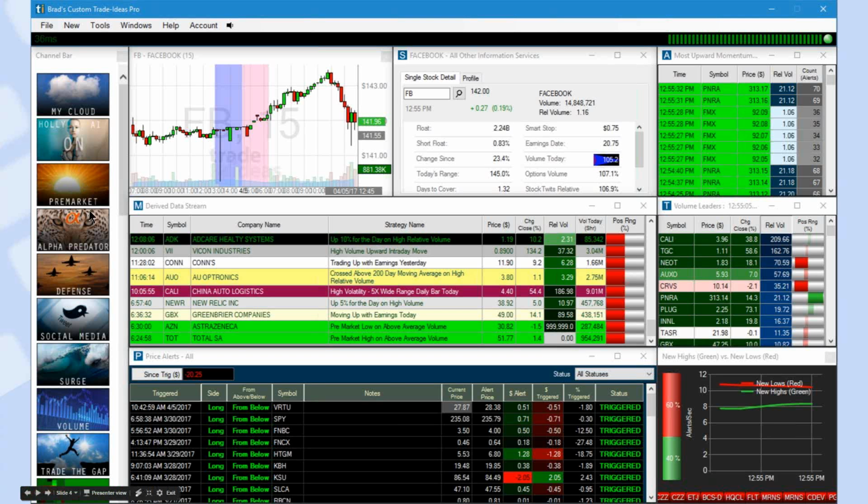So the channel bar has been a great addition, and all these different themes can be stuff like volume, price action, gaps, or even particular groups of stocks like the defense sector or Chinese stocks or whatever may be in favor at the time, biotechs. Things like that. We added charting a little over a year ago to the platform. Single stock window, the ability to do a deep dive into a stock and look at the data points that